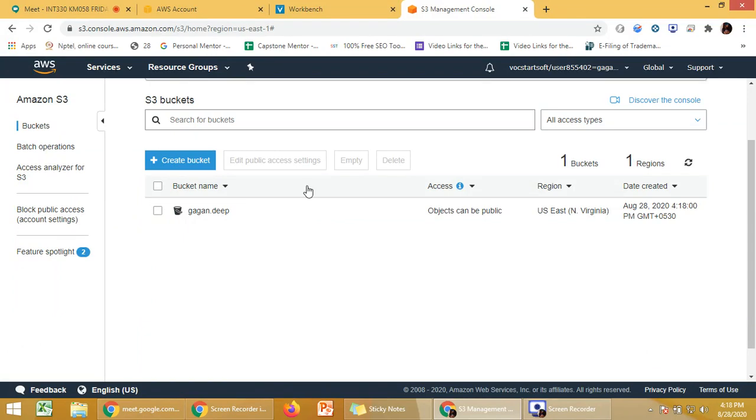So to create a website we are going to use three different buckets. Actually you don't need all three of them, but to do this experiment you will need three. First one will be acting as your root bucket in which your website will be stored. The S3 website, sorry, the static website will be stored in this bucket. It will act as a root bucket.